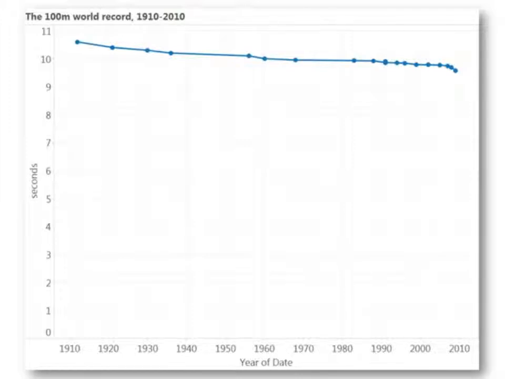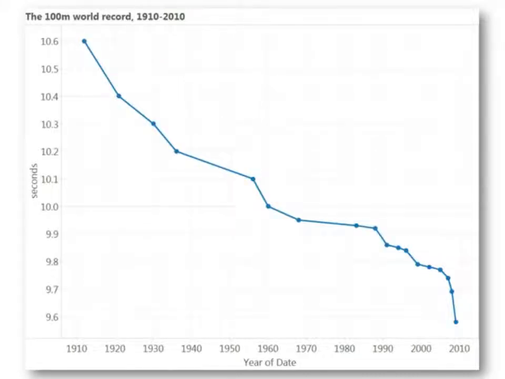That's the change in the 100-meter world record from 1910 to 2010, and it's boring. Not only is it boring, you can't actually see the real impact Usain Bolt had. Also, it's not really very good design because there's a lot of white space. And part of effective communication is also just doing good design. Now, if we break Brinton's rule and start the axis at 9.5 seconds, we have a much more interesting chart.